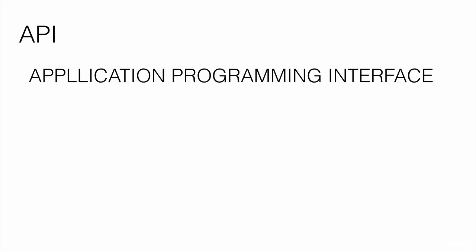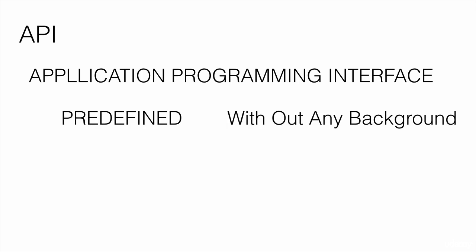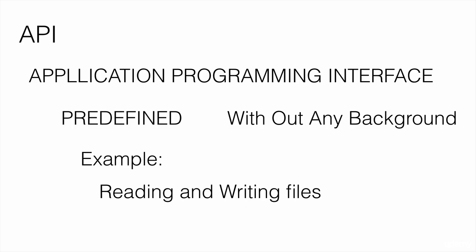The API stands for Application Programming Interface. It provides many predefined functions that are ready to use without knowing much background detail. For example, if you want to read and write files, create new files or read from existing files on the operating system, you can use the Java IO library. Simply, we as programmers learn the API